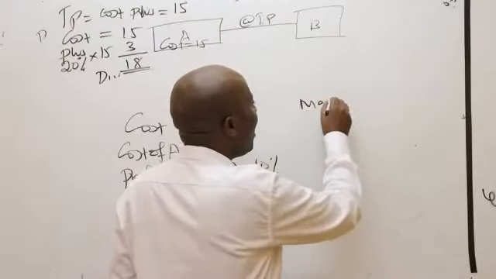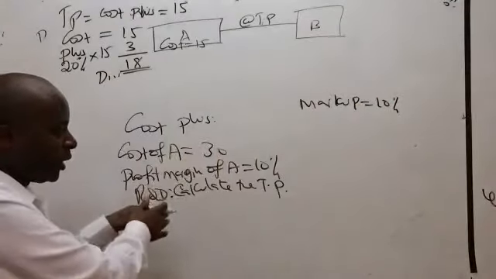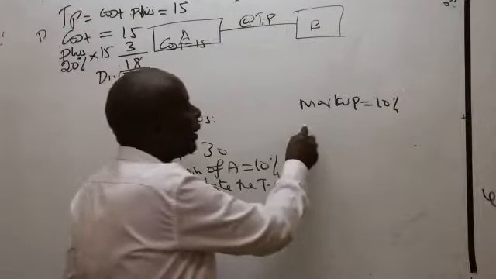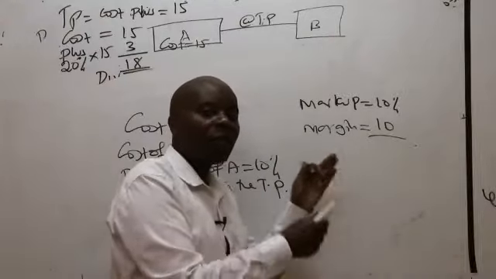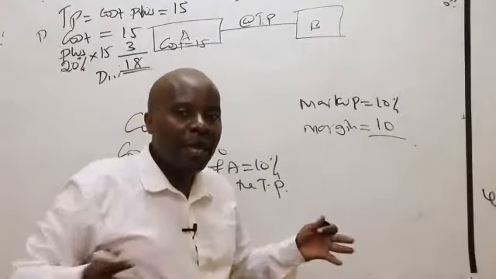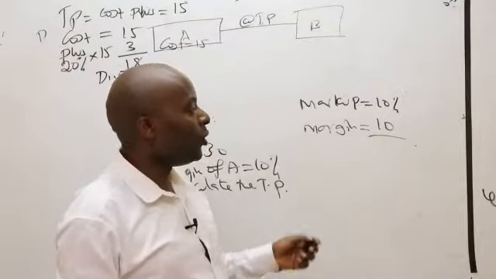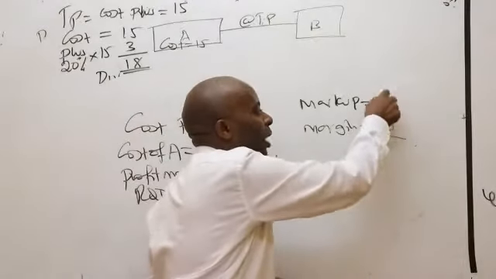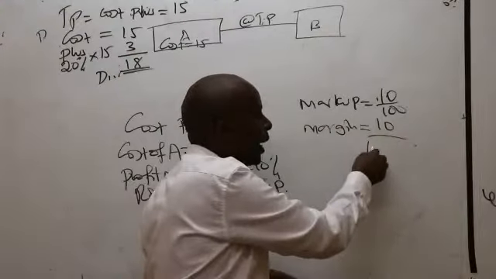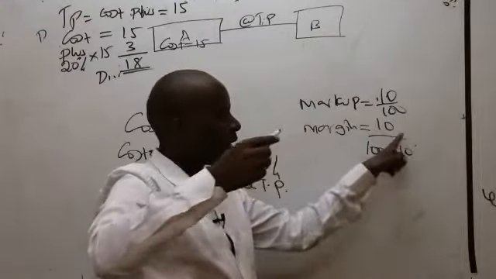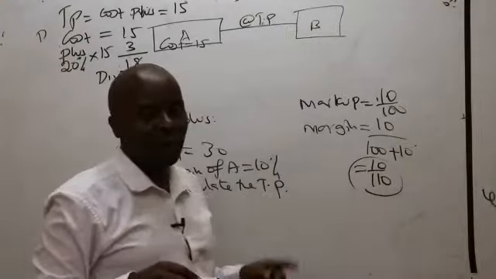If you are given a markup of 10%, then to get margin is very easy. I know that the margin's base is always bigger. So what I will do, you see the profit markup is 10 over 100. So I'll come and talk of margin, which will be 10 over 100 plus the profit here. Take this profit down. So this will be 10 out of 110. That will be your margin.